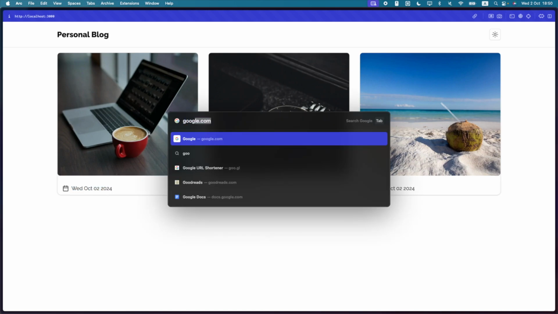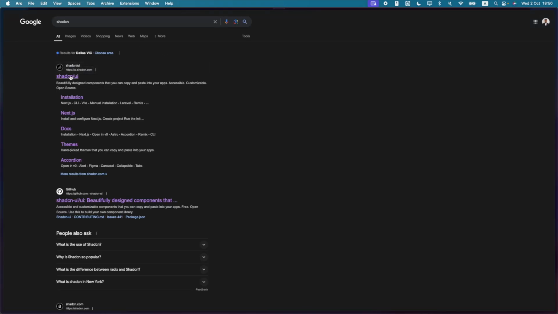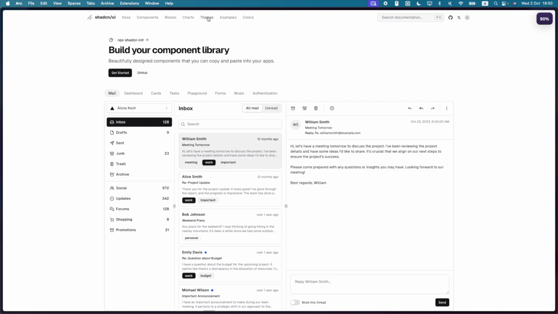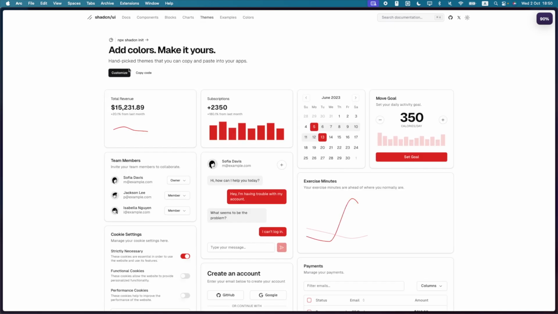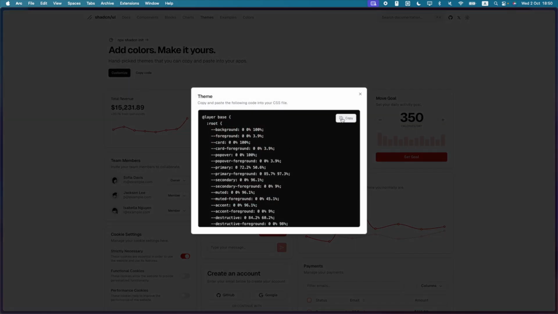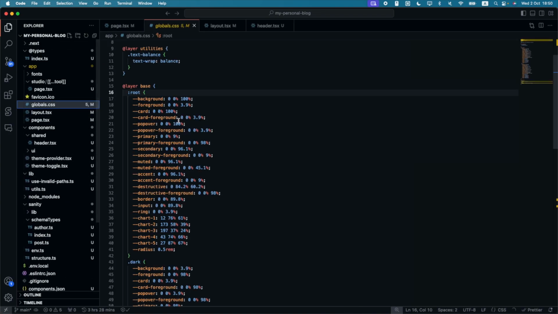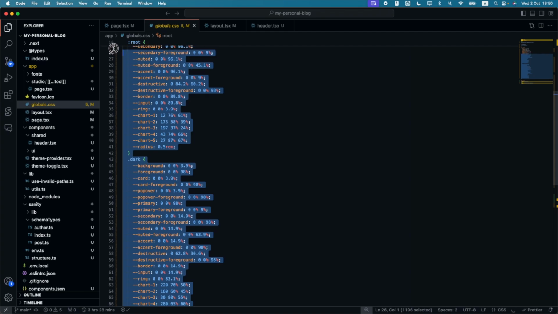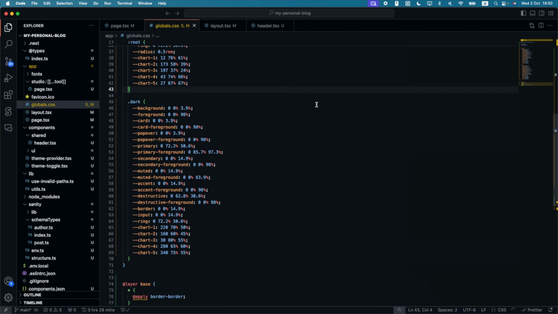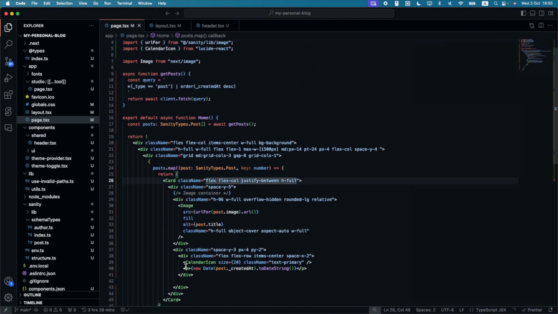If we go into shadcn, we can customize the colors actually. So you can customize and choose any color you'd like. Let's choose red and copy code. Bang. Global CSS, where is she? Global CSS, and we can just change these to change our primary and accent colors. So now if we head back to our file, we can see our new primary color is red. Let's make that text last name